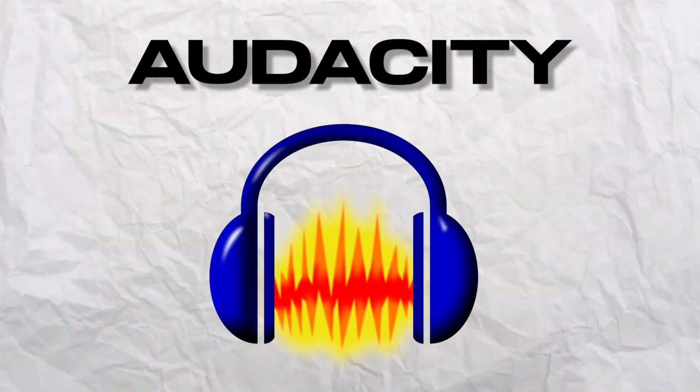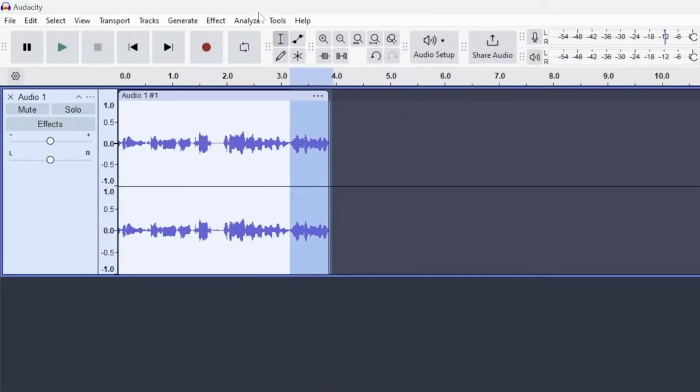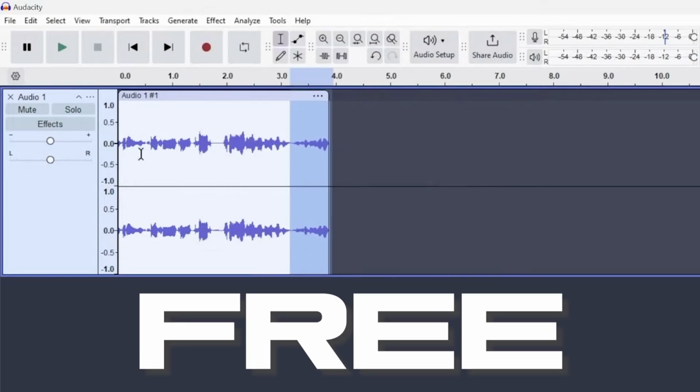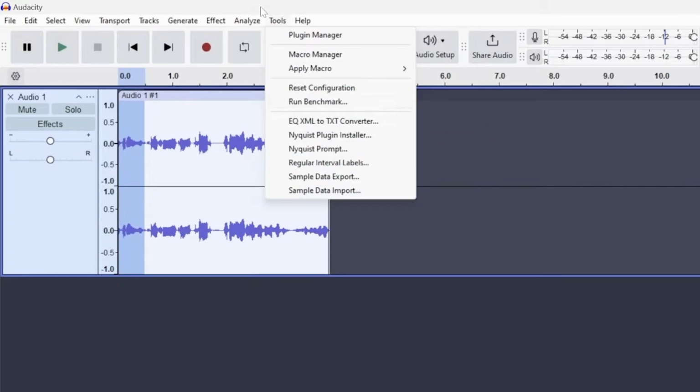And to further edit these audio tracks that you download, or just anything to do with audio, voice recording, I highly recommend using Audacity. It is a free audio software that I personally use, and there is a lot of value to be had in this free application. This gets the AOG stamp of approval.